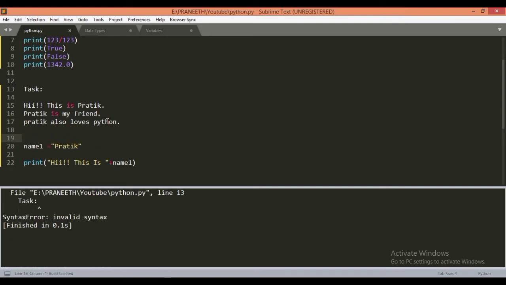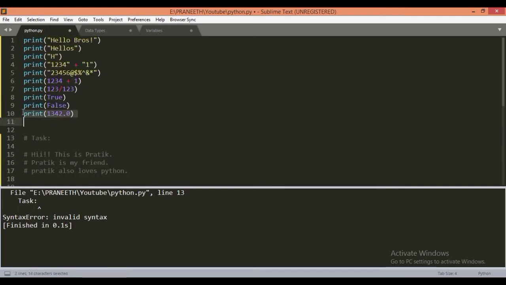Now when we run, we get an error. When Python encounters something that is not code, this is text, and it doesn't know how to execute it, it will throw an error. It says invalid syntax, because there is no code such as the task text which I have written. So we can type some text in programs which is not executed by the computer. These are called comments. We can comment using the hash symbol. If we put a hash before a line, then it gets commented out.